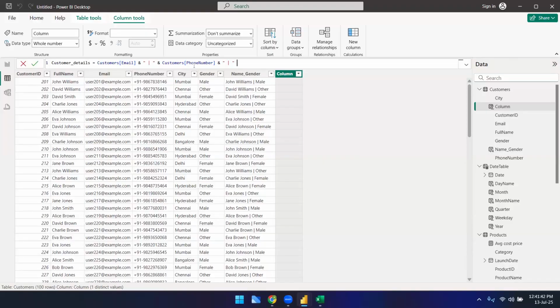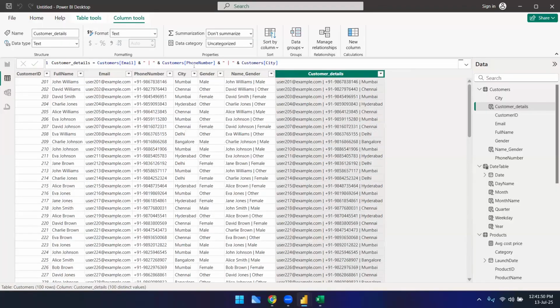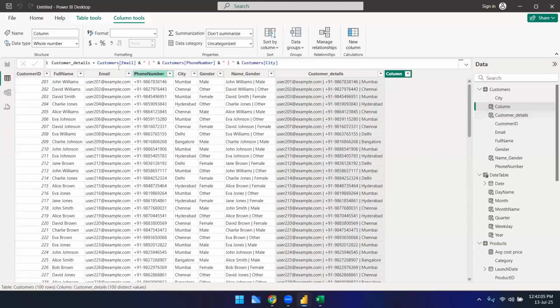Similarly, you can also add city here. Let's see if this works. So you have all the details. All the columns you can add by just using this AND. Okay. Did you all understand all these? How am I combining? Now you can also do it with a function. I'll show you with the function also. The function that you have is